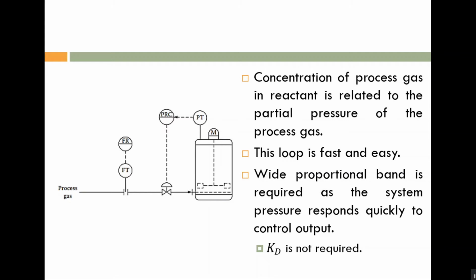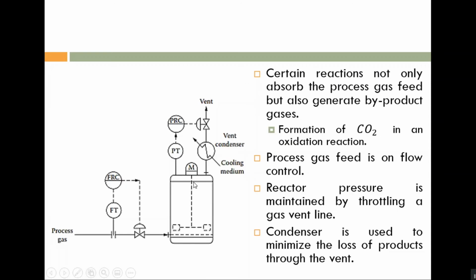Is it clear, all of you? So this one is a simple control scheme. Now here I told you this one is a simple one. Here the byproduct gases formed due to this chemical reaction are either negligible, or there is no byproduct production. But in some situations the reaction will also produce byproduct gases along with the required product. At that point, we have to use this control scheme.